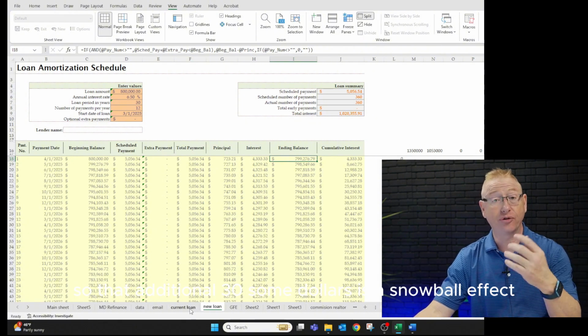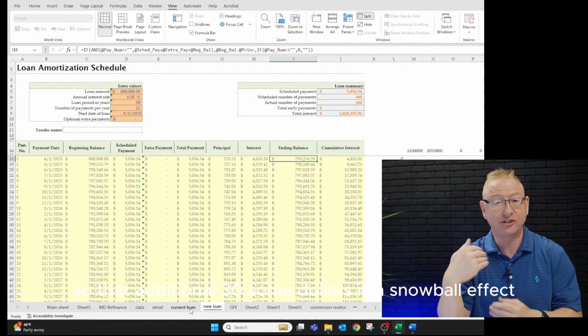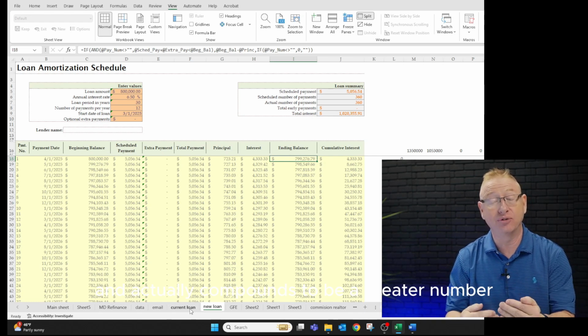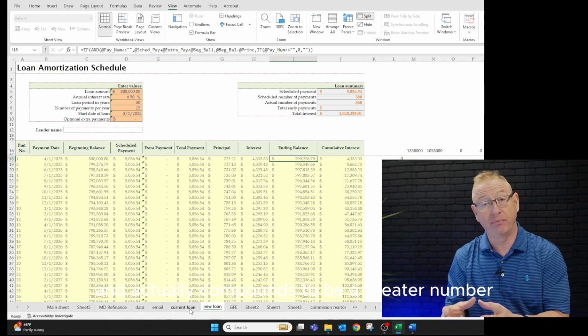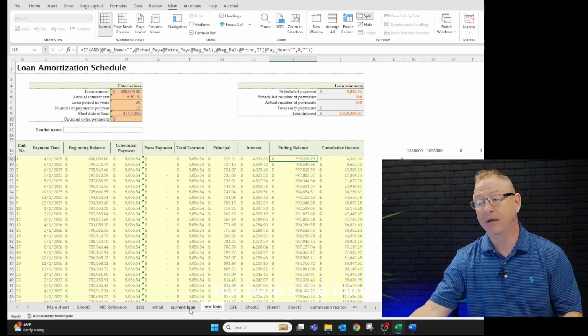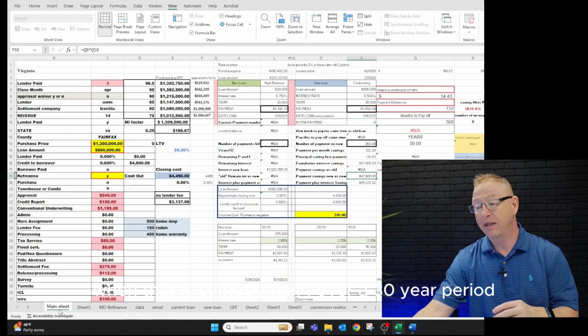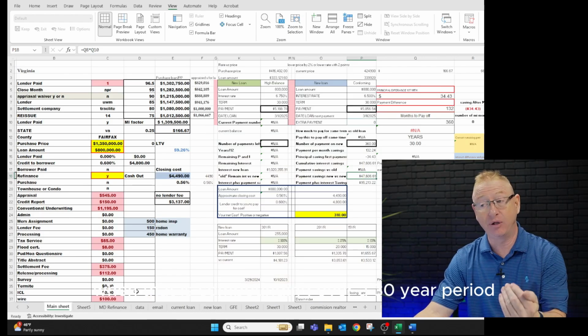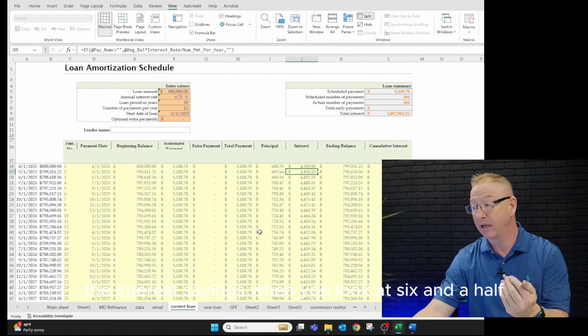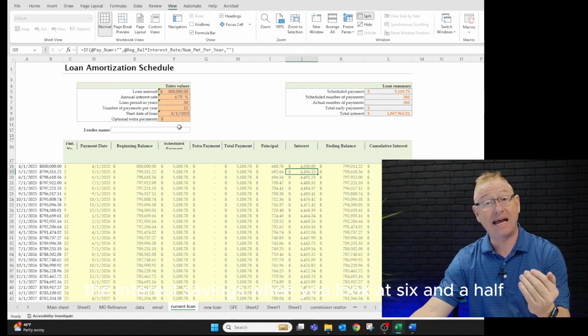So that additional 30 some dollars is a snowball effect and actually compounds to be a greater number. Simple interest, 2,000 times 30 years is 60 grand. But here's the thing. When that is compounding over a 30-year period, the interest savings, when you look at 6.5, is